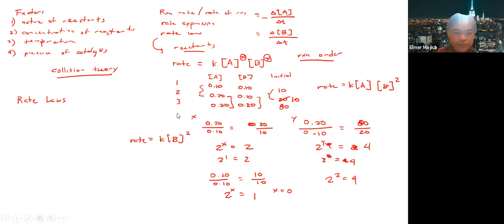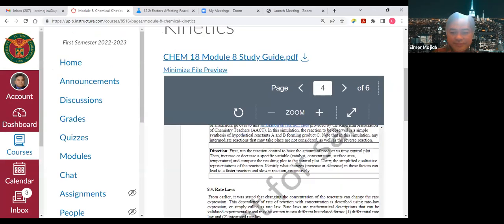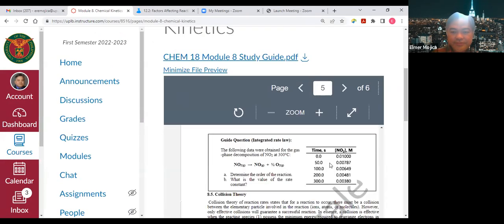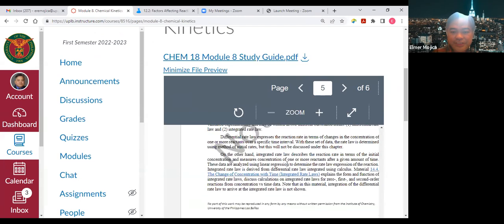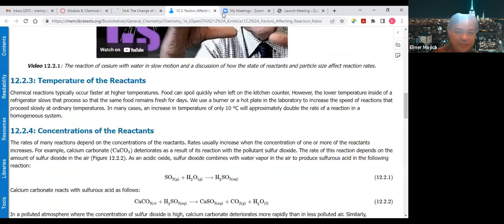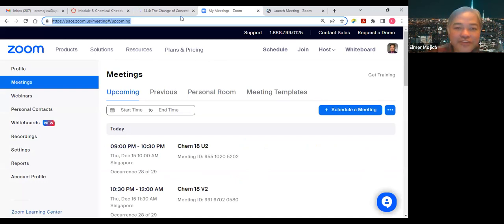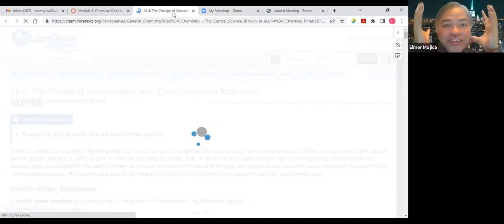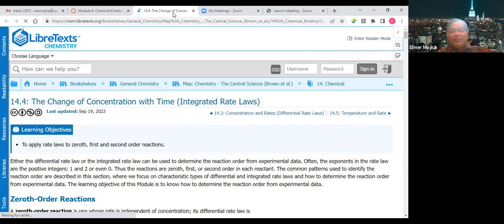Now, this is what we call the basic reaction, the basic rate law. So you have to determine them experimentally. Wala siya doon sa coefficient na sinasabi natin. Okay? And the last part that we have here ay yung tinatawag na integrated rate law. So in the integrated rate law, you try to look at the concentration when they change in time. So meron yang mga order.